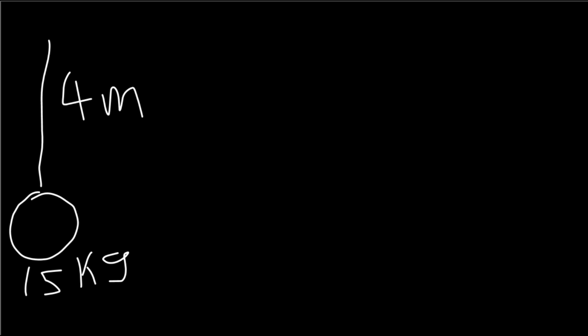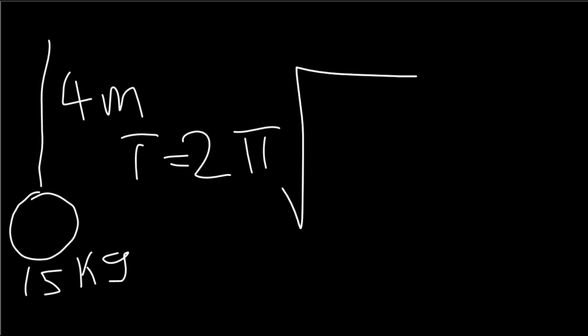And the equation is, I should put the time equals 2 pi times the square root of L over G. So we know what pi is, we know what L is, but you might be asking, well, what is G? G is the gravitational force pulling down, and approximately everywhere in the world it is about